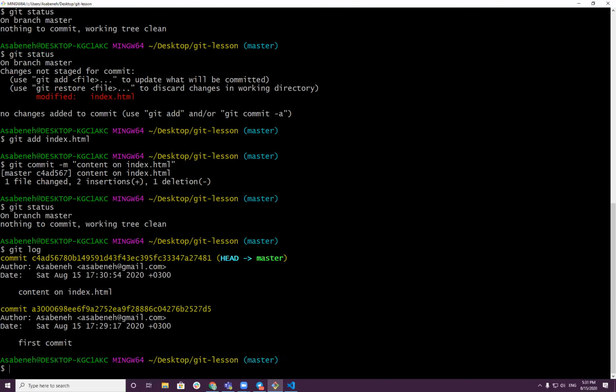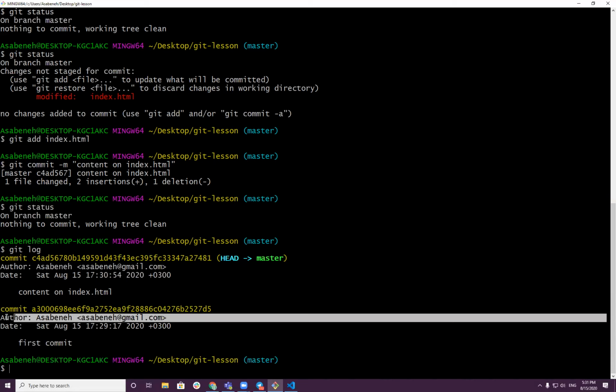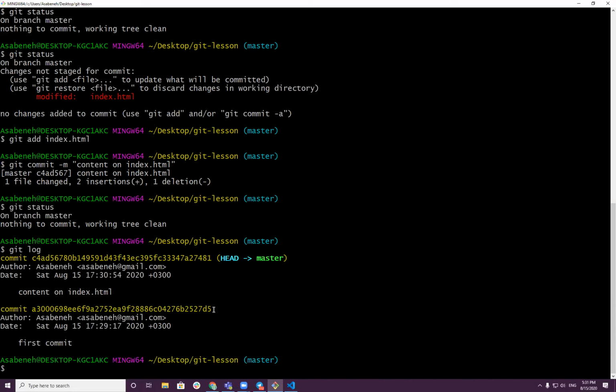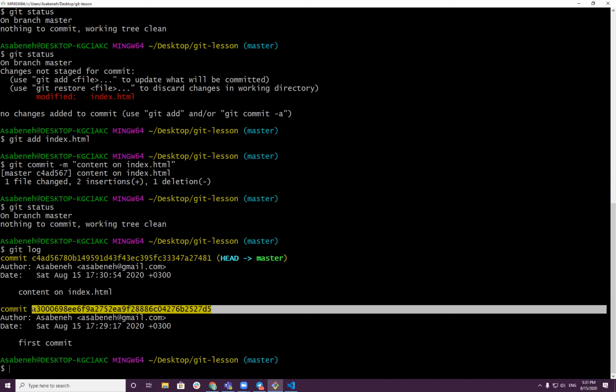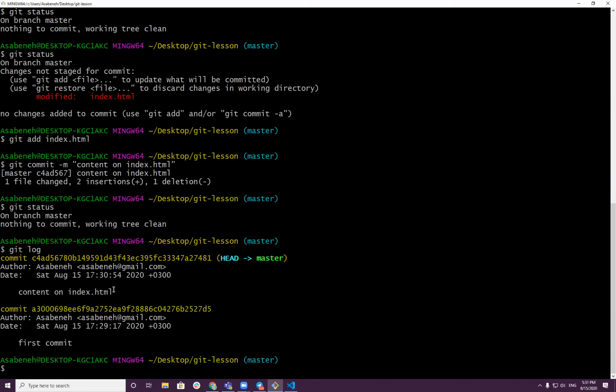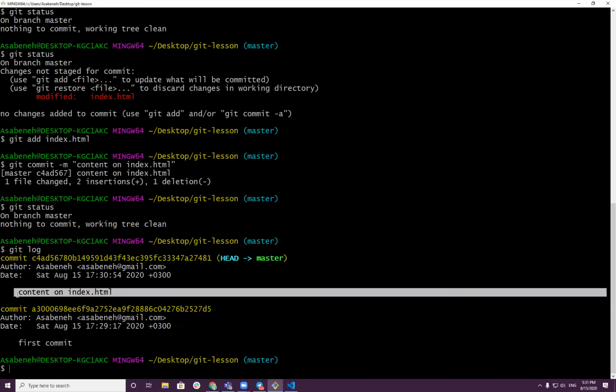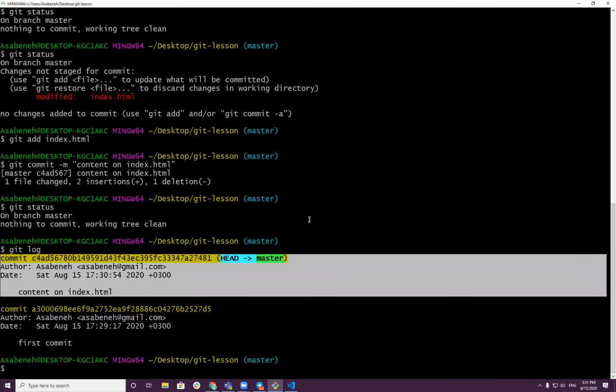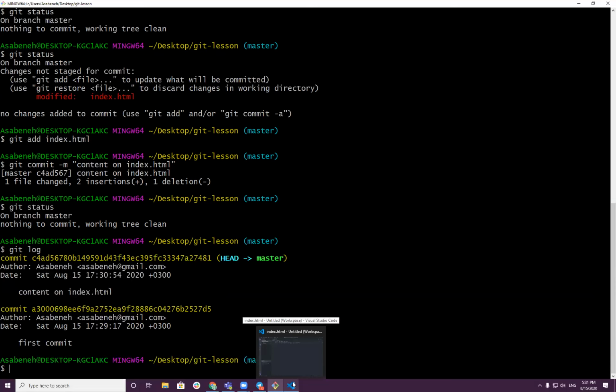The git log is actually to see the history of the git repo. So how many commits do we have? We have 2 commits. The first commit at this time of the day and by Asabenach. And the commit ID is this one. And then again, content on index.html. I should have said added. Okay, great. Now let us modify